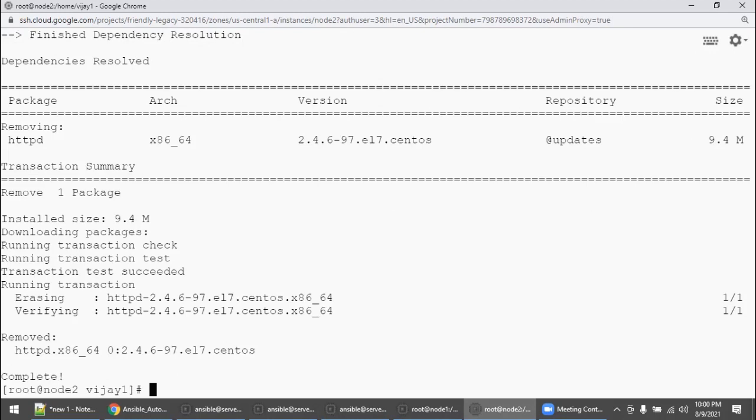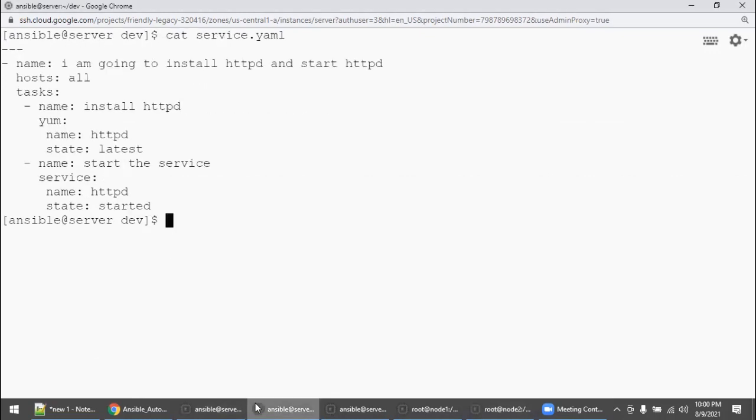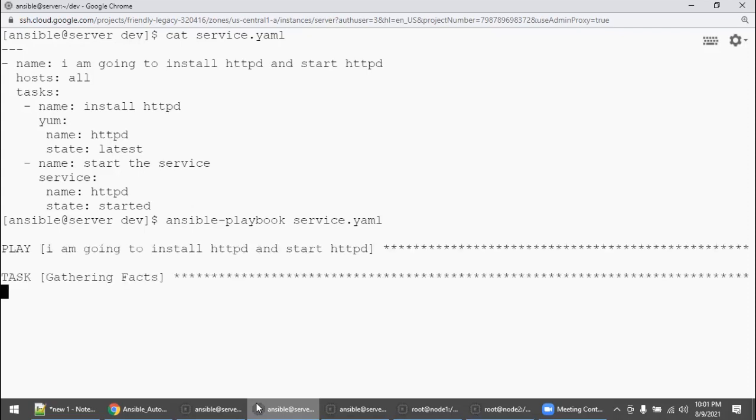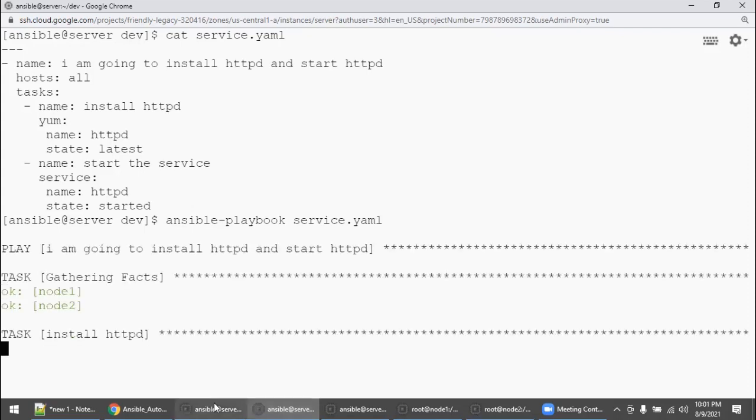This is how you need to practice to understand each and every time. Don't be lazy, right? So go here, ansible-playbook, right? What is this file name? service.yaml. If you want, you can say syntax check, or dry run simulation with -C, as we discussed in the last class. Say enter. So now first task will be executed.